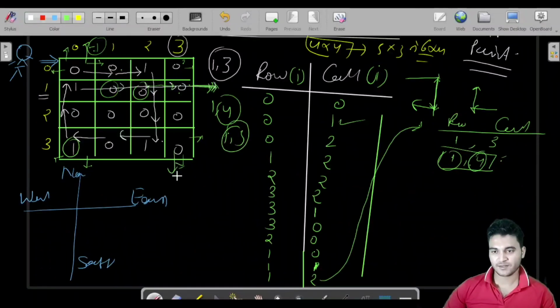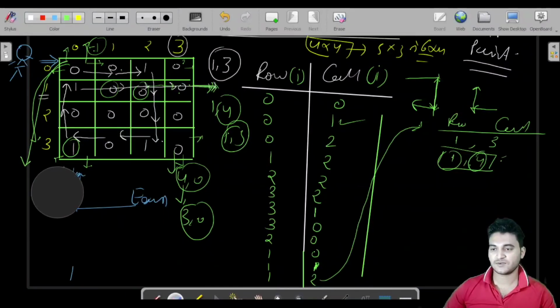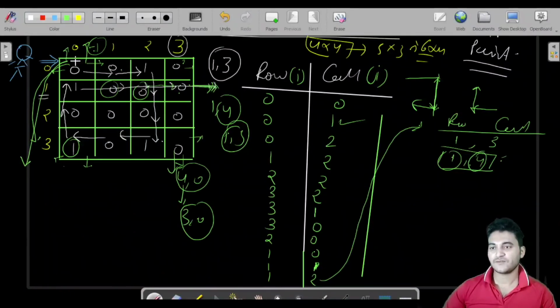If we have exited from here, that was 4 comma 0, but 4 comma 0 is not a valid index. So for that you have to decrease this row by 1 to 3 comma 0. Similarly, let us say you have exited from here; I'm writing here and erasing this for now. So what would be the value? You are exiting from here in this direction, so the row would be 0 and the column would be -1.